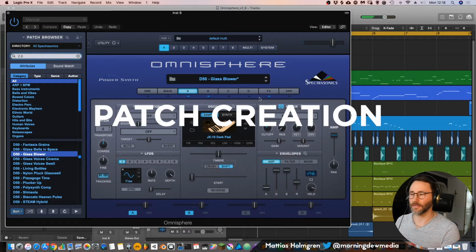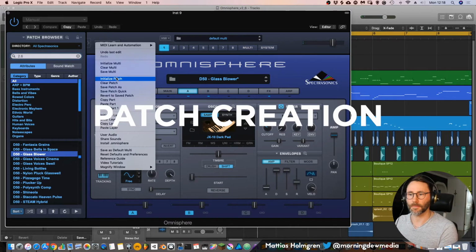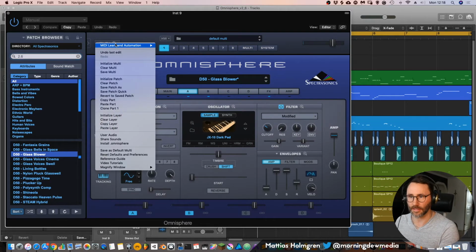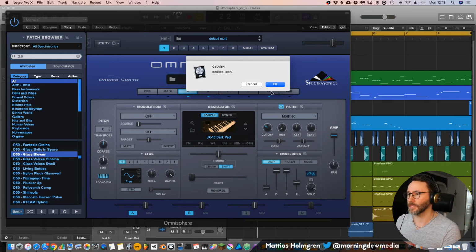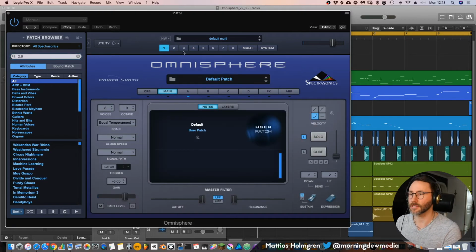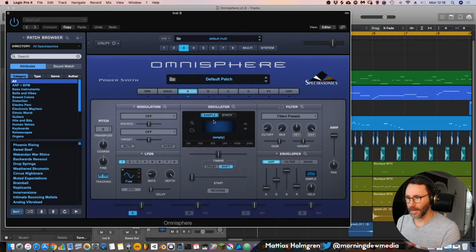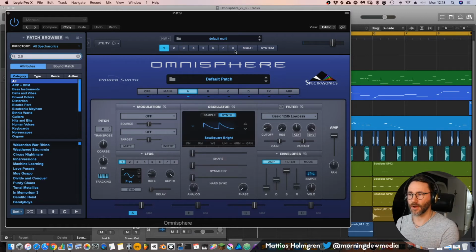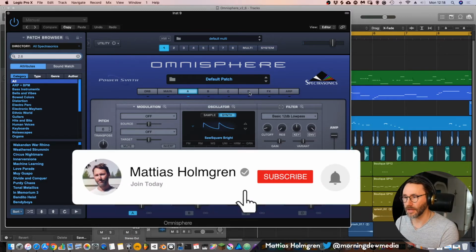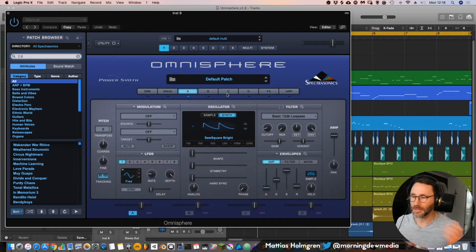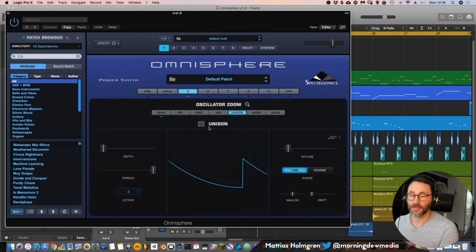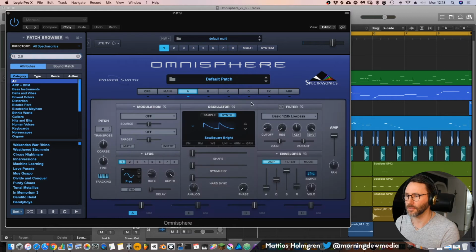So let's initialize this preset and create a little preset of our own. We go into this cogwheel icon, which is the settings, and initialize patch. And now we will get a clean Omnisphere 2 patch. So here we can go into the part number A, which is our first part. We have 8 tracks within this Omnisphere and we have 4 parts. So each can have four different sounds. And each of these sounds can also be used with the unison and the harmonia or granular mode. So that's a lot of oscillators at the same time.